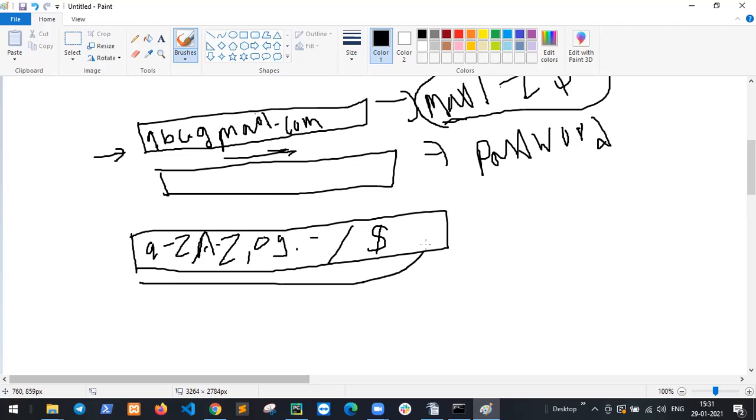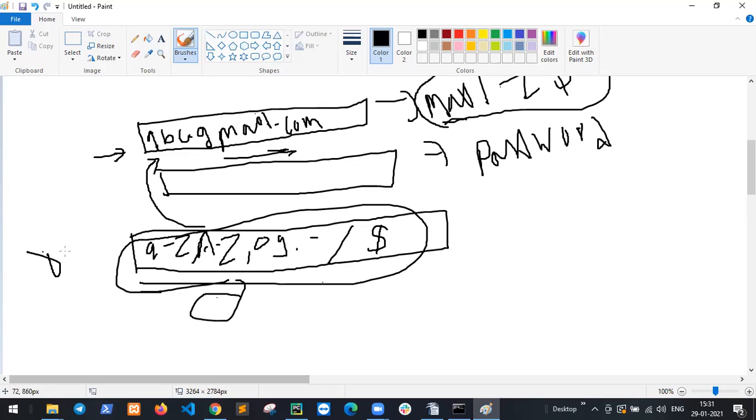This is checking your validation, to use your Gmail ID, whether it is proper or not proper. Okay. This is a regular expression. Regular expressions check validations, valid or not valid.